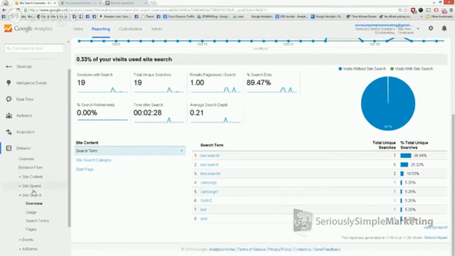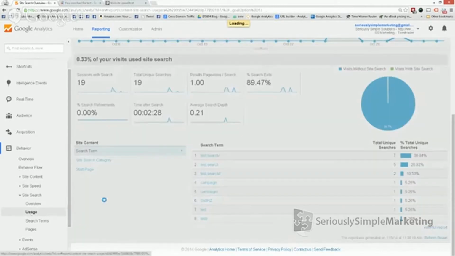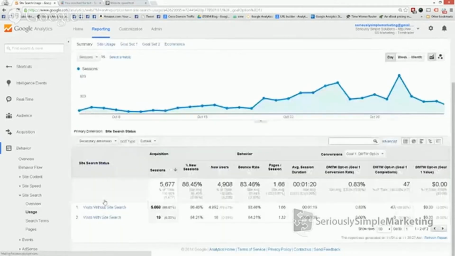So analytics is really, really good at telling us that. Now, as you come through these different reports, that's just the overview of site search. You can see the number of visits that people searched for versus the number of visits that they did not. So in our case, very few people are using the search. If that's something that's important to you, you want to look at that and ask how we do that. In our case, we would want to bump up that number.